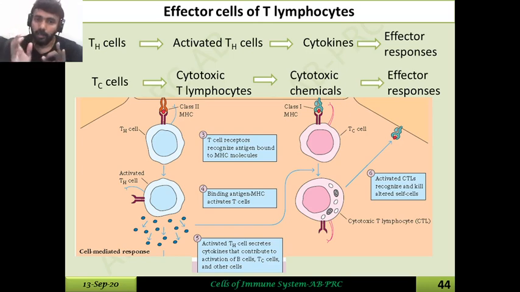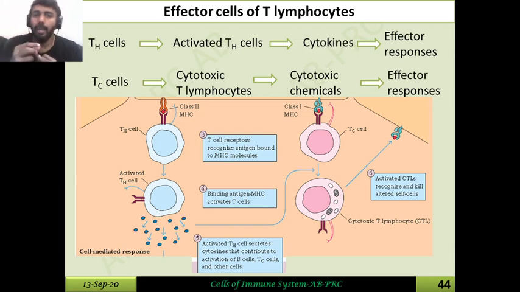These are a certain group of proteins found on cell surfaces, of which class 2 MHC molecules are present on specialized cells called antigen presenting cells, which include macrophages, dendritic cells and B cells. So those cells will process and present antigens to the T helper cell, and the T helper cell will recognize with the help of CD4 and the T cell receptor, and then they will secrete chemicals, and these chemicals will do the rest of the functions. Right, we have a diverse number of functions. And on the other hand,